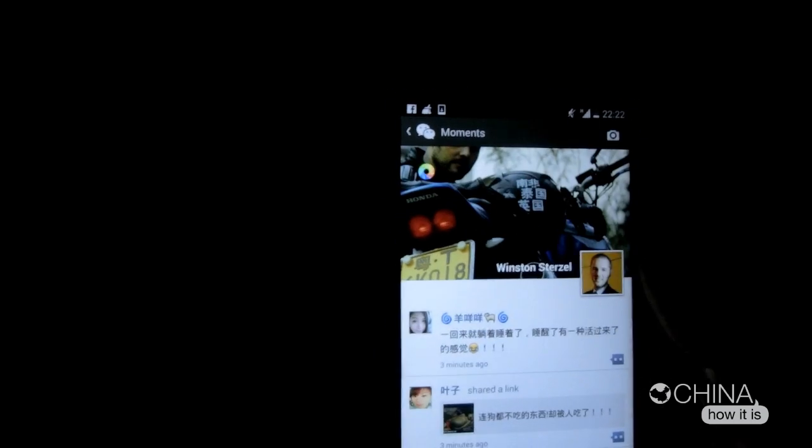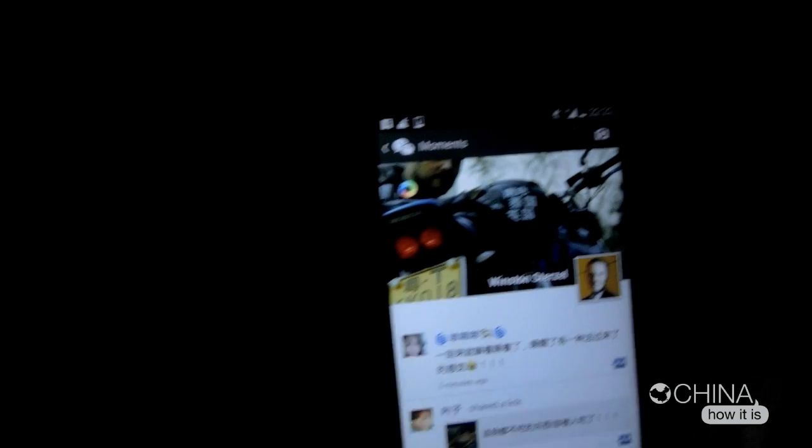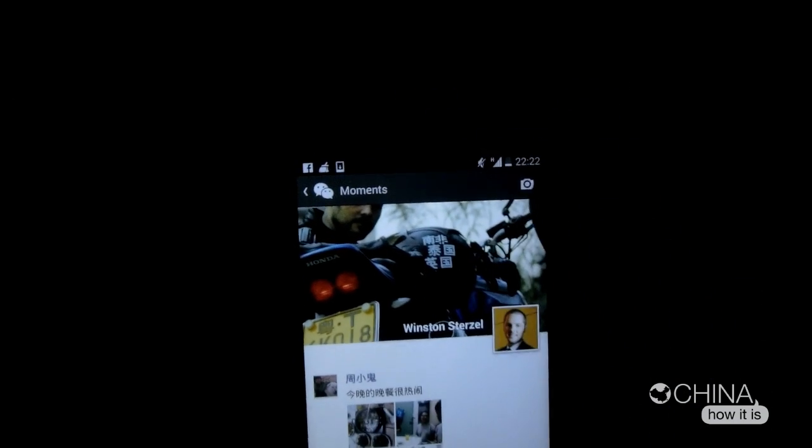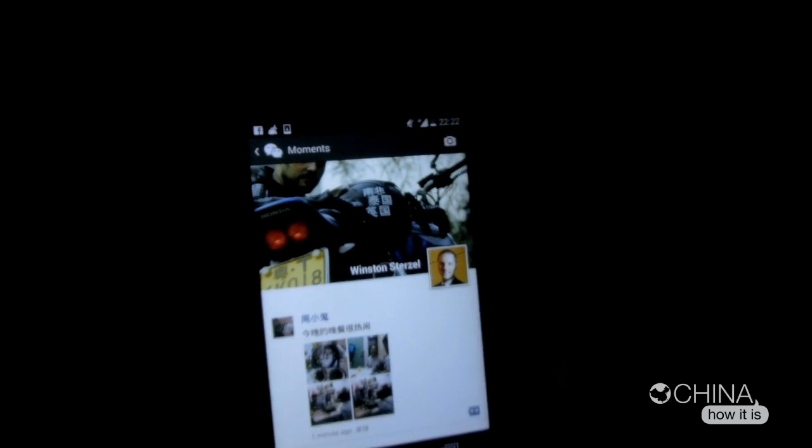Now if I want to do a microblog here, you can either choose a picture, or you can take a picture. There's all sorts of things you can do. So what I'm going to do is choose a picture, choose photo. Don't let you guys see my gallery, it might be something weird. No, just kidding, obviously. Okay, let me just choose a picture here.